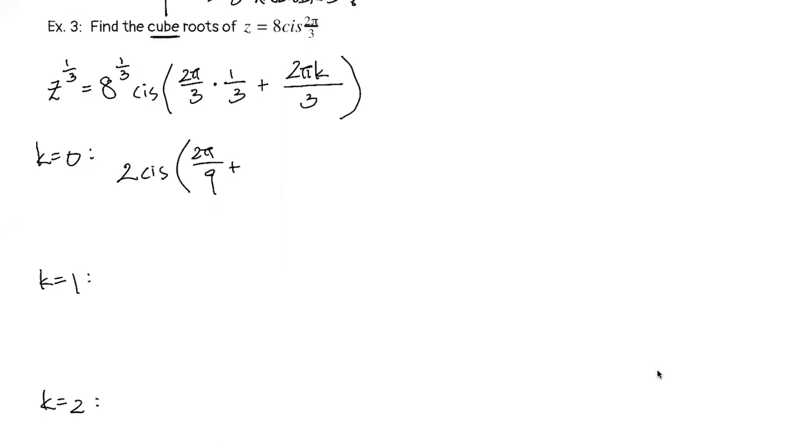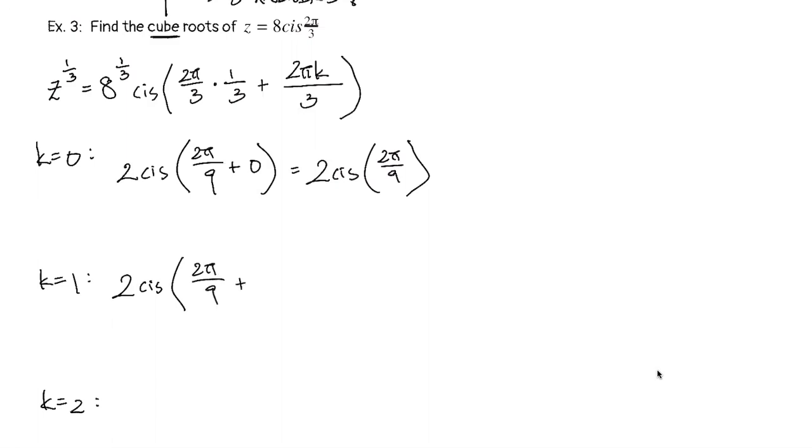0? Yeah, it's 0, right? 2 times pi times 0 gives me 0. And so 0 divided by 3 gives me 0. And so I can write the first root as 2 cis 2 pi over 9. But whoever said that you're adding 2 pi over 3, that would have been correct for the second one, because